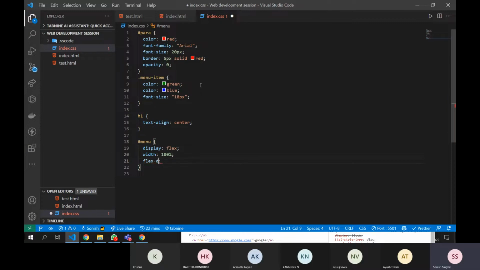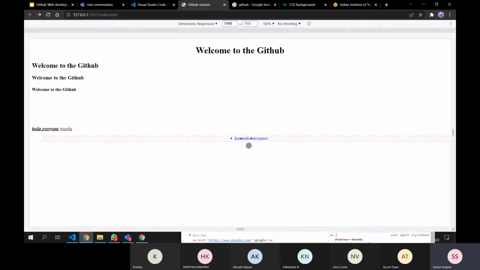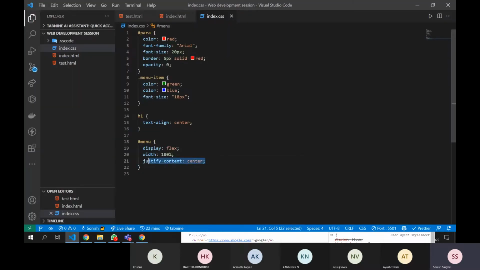You can add justify content. One more property is there, justify content, and when you set it to center, then the content will be in the center. That complete flex content will be in the center. And you can add multiple properties and multiple designs here. You can do quite different things here.